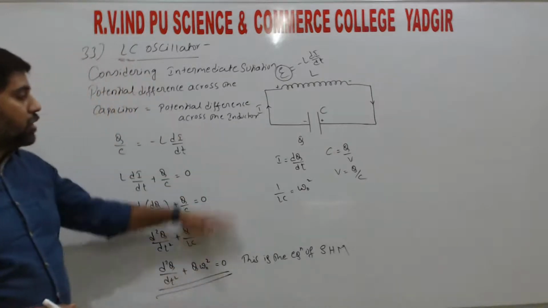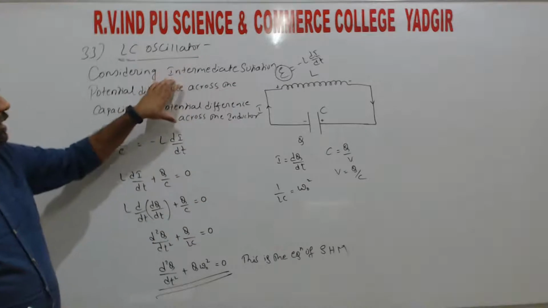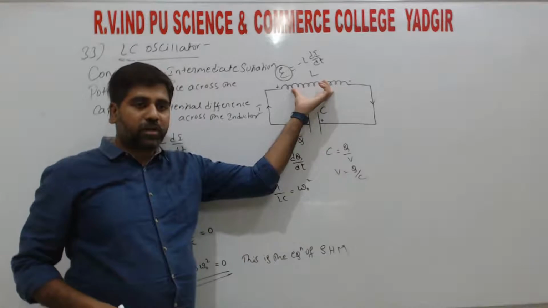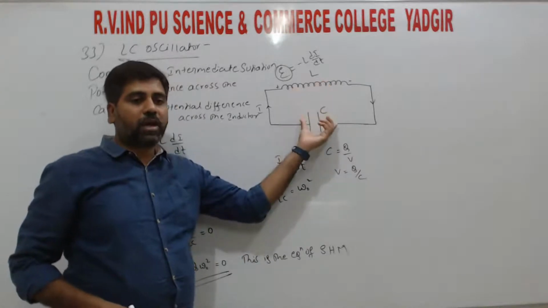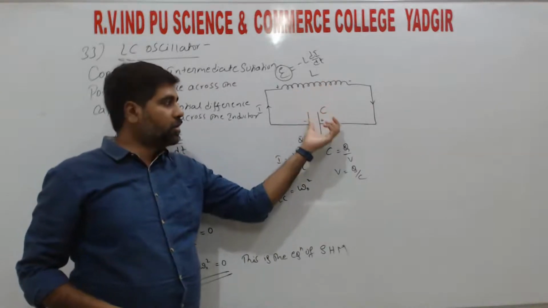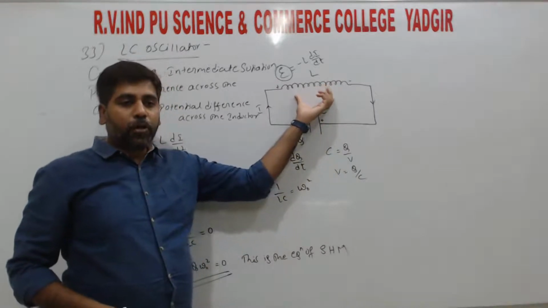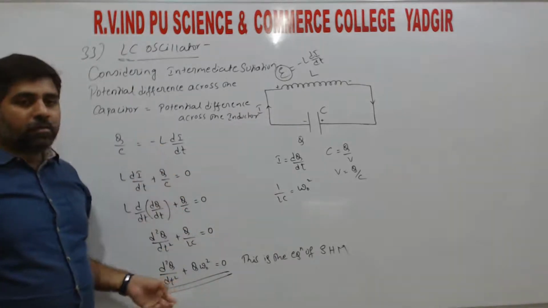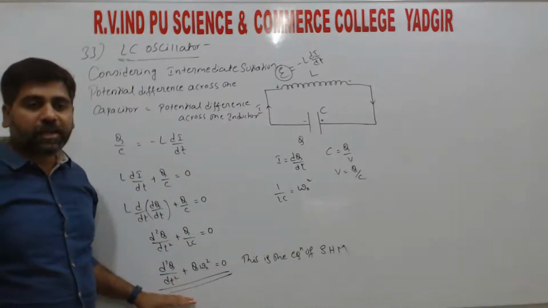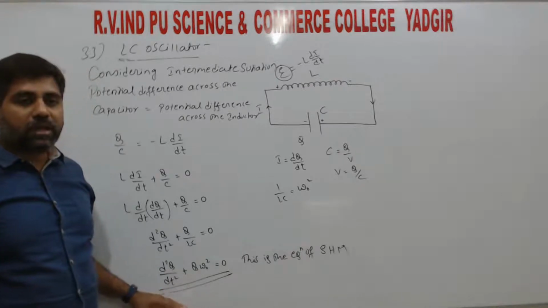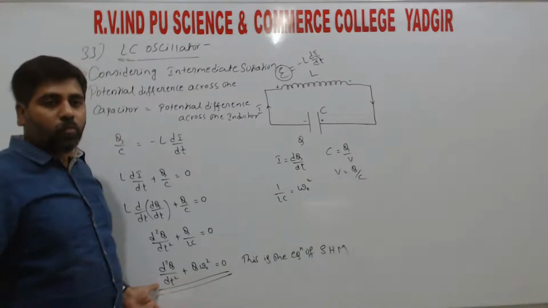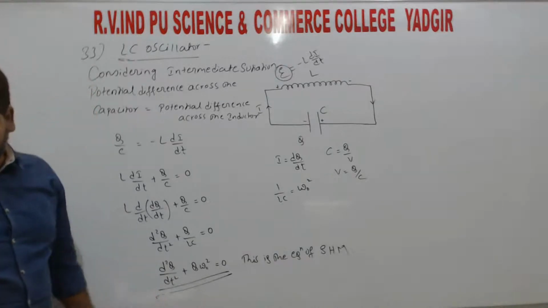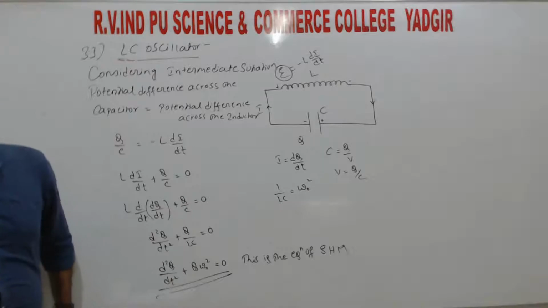So for the LC oscillator, a diagram, considering the intermediate situation, the potential difference across the capacitor is equal to the potential difference across the inductor, because these two are connected in parallel. So since the two are in parallel, whatever potential is here, the same potential is here at a particular time, right? So under that condition, we get this relation, which is a second order differential equation. So this indicates simple harmonic motion, right? So if the LC oscillator is asked, this much is enough, right? So next,